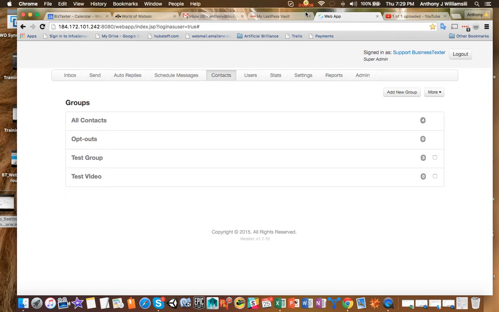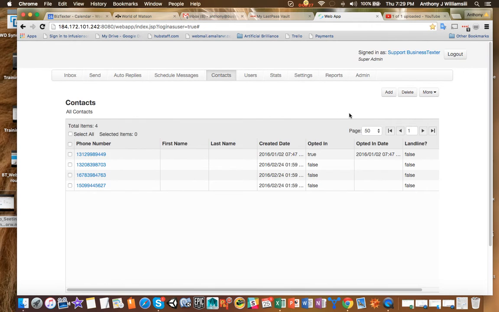I wanted to have this video to show you guys how to import contacts. Okay, so getting started, you guys have seen this interface before, right? I'm in the contacts interface. Now there's two ways that you can import contacts. One is create a group and import the contacts, or go to all contacts and import the contacts into all